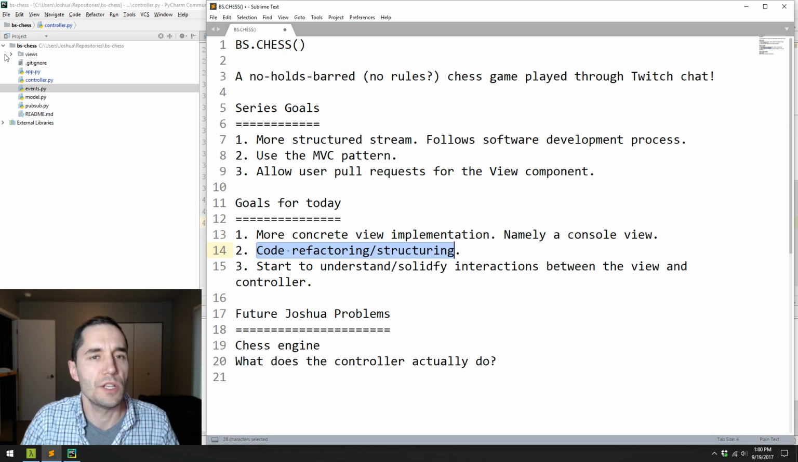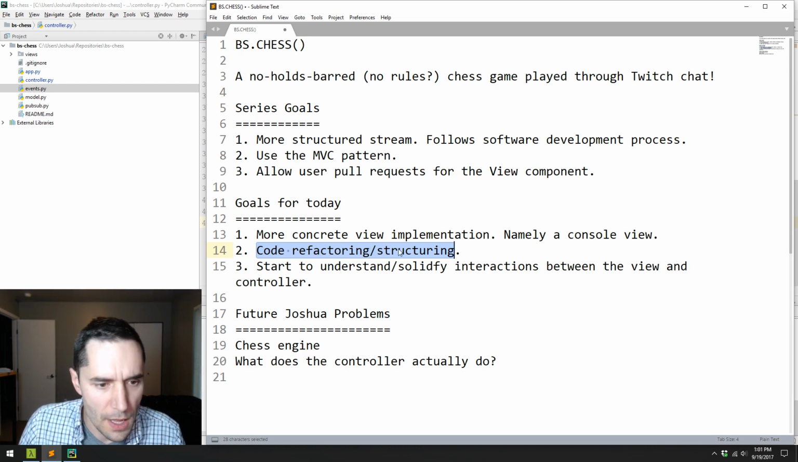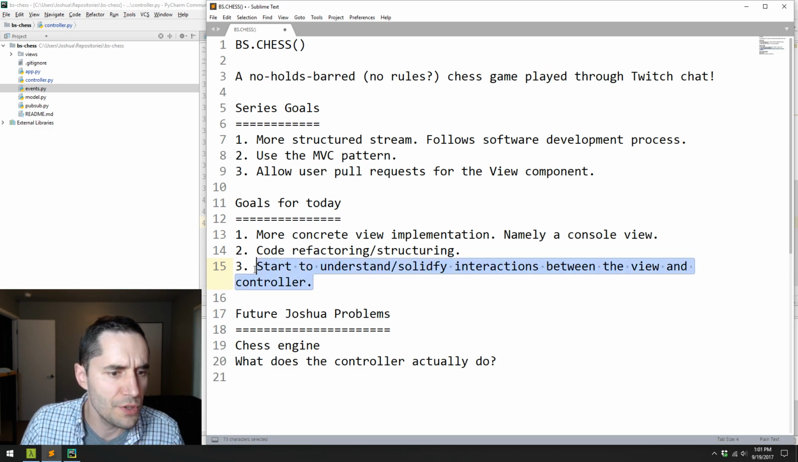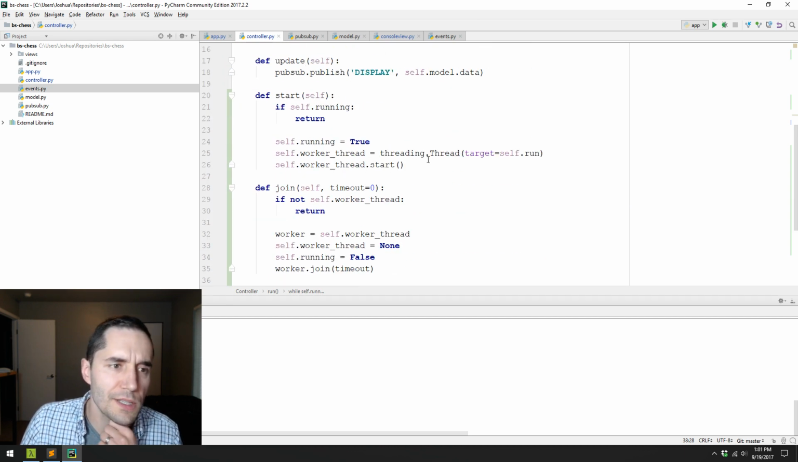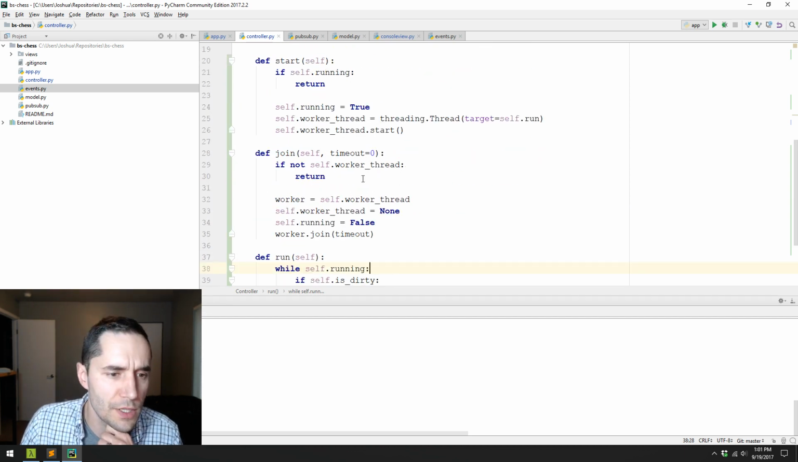We'll probably expand this to other views as well. And hopefully in the future, people, if they're so inclined, can write their own views and submit them as pull requests. And we're also starting to understand and solidify the interactions between the view and controller. I'm not sure if we're so successful on this. In the process of doing this, we are slowly understanding it a little bit better,